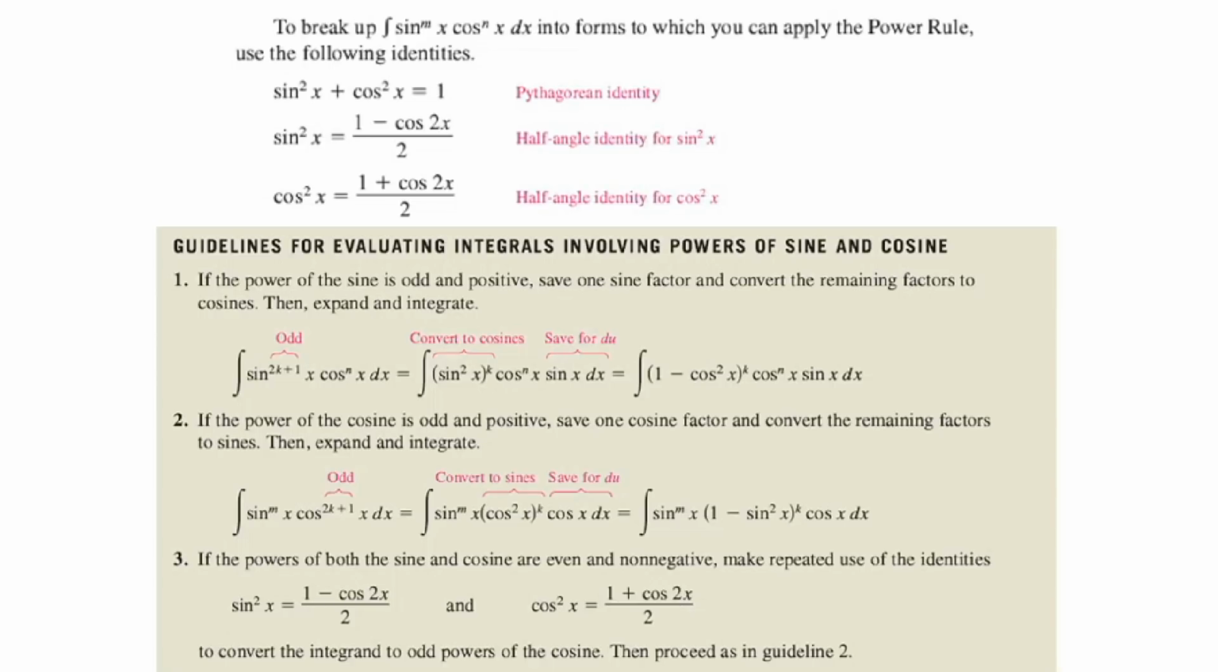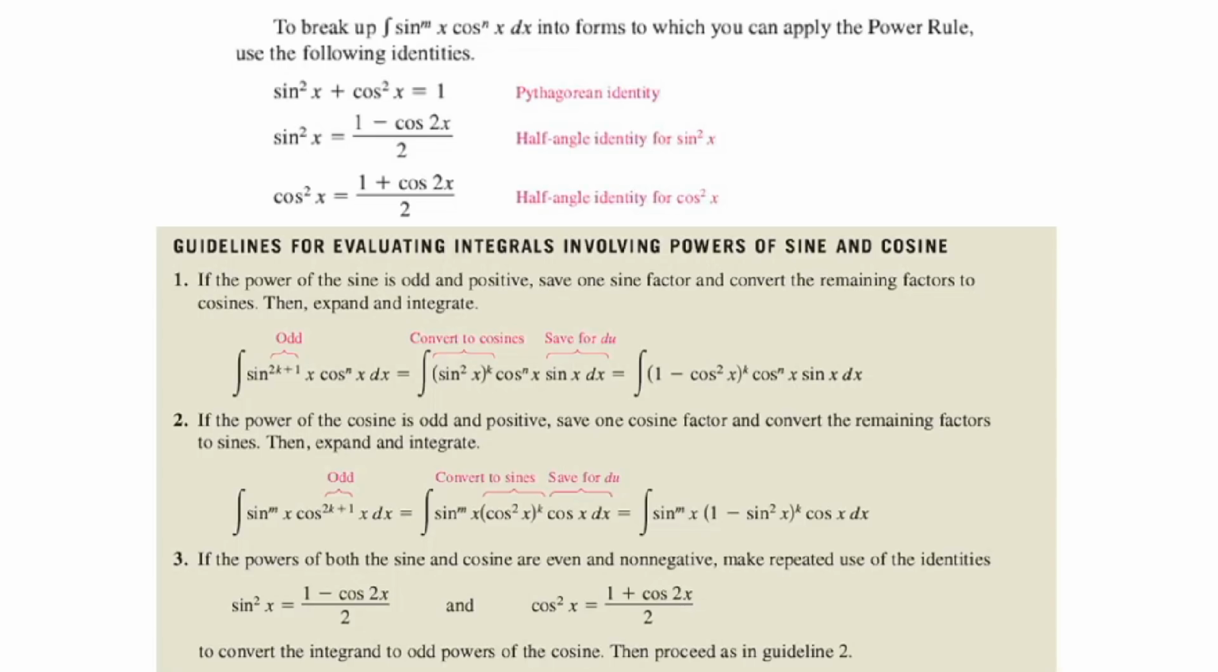For number 2, if the power of the cosine is odd and positive, then save one cosine factor and convert the remaining factors to sine. Then expand and integrate. So the integral of sine to the power of m of x times cosine to the power of 2k plus 1 of x dx is equal to the integral of sine to the power of m of x times cosine squared of x, the quantity of that is raised to the power of k, times cosine